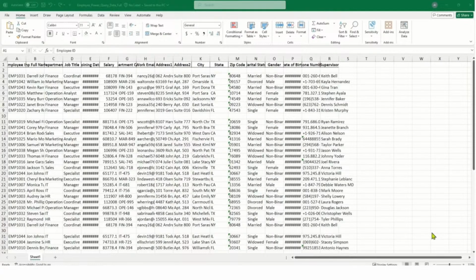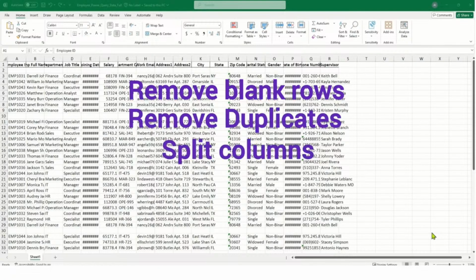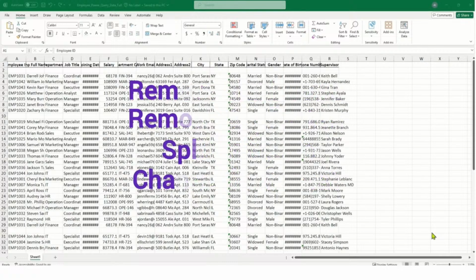जैसे कि आपको पता है, अपनी डे टू डे लाइफ में एक्सेल में हमें बहुत सारे रेपिटेटिव काम करने पड़ते हैं, जैसे ब्लैंक रोज रिमूव करना, डुप्लीकेट रिमूव करना, कॉलम स्प्लिट करना, वगैरह वगैरह। इन सब कामों में टाइम बहुत लगता है। इस टाइम टेकिंग टास्क को जल्दी करने और ऑटोमेट करने के लिए हम यूज करते हैं पावर क्वेरी।